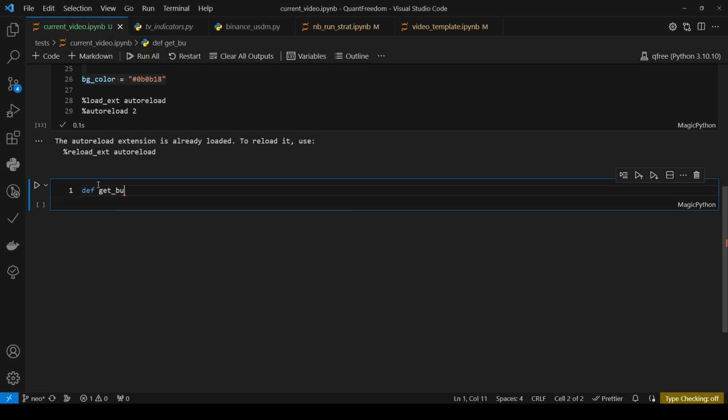Get BUSDM, and we're going to need to send it a symbol. That's going to be a string. Then we're going to need to send it a time frame. Then we're going to need to send it a, I like to call this since